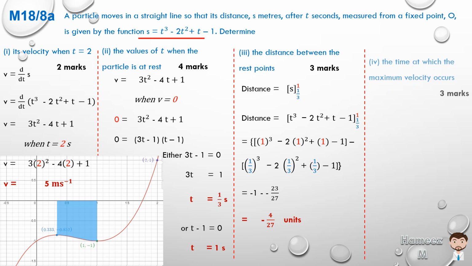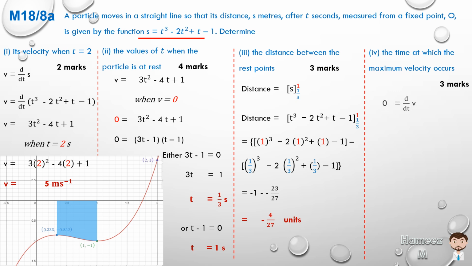Last part of the question, determine the time at which the maximum velocity occurs. So at the maximum velocity, the differential of that, dv/dt is equal to 0. So we can write that 0 is equal to dv/dt. And we know v from part 1 and 2. So 0 is equal to d/dt of